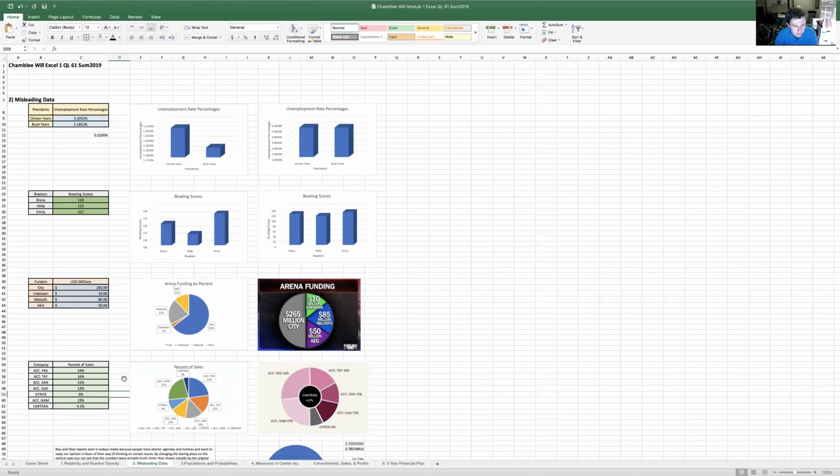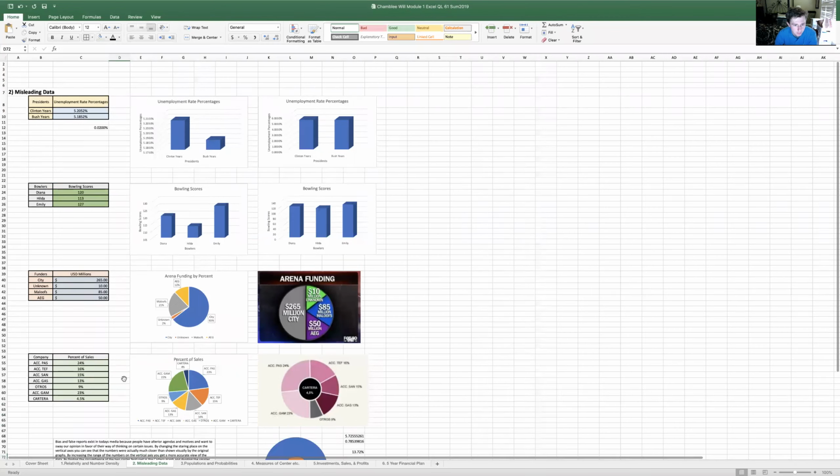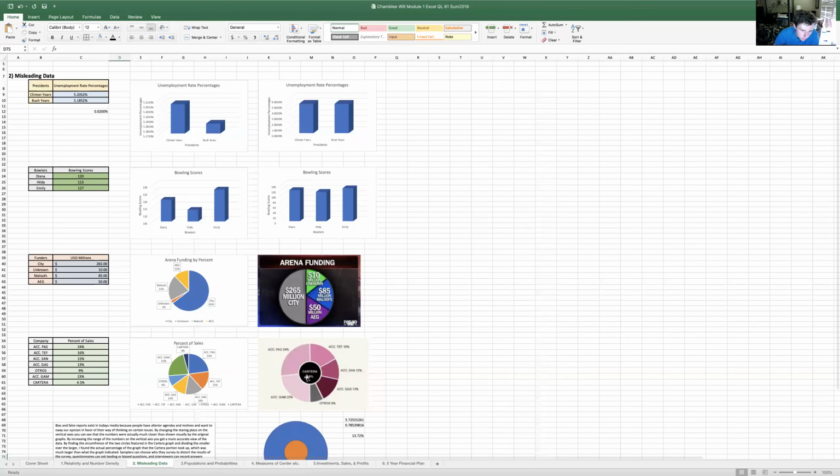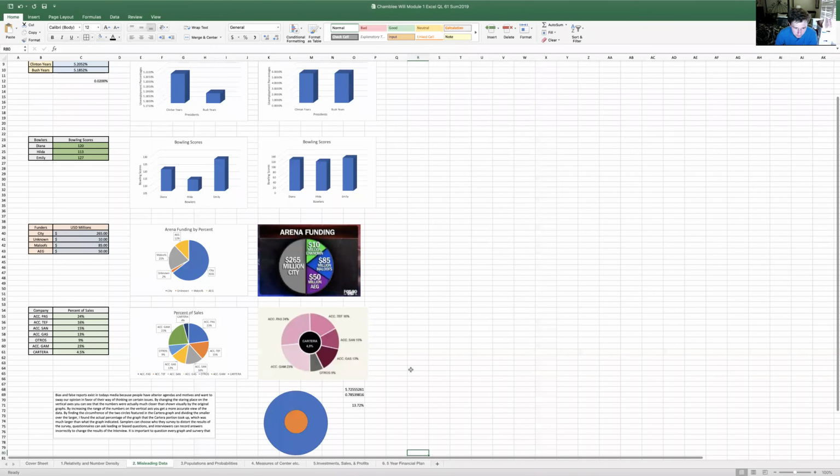And then you look at percent of sales here down with the CARTIA graph on the right. While it says 4.5, that looks a lot bigger than 4.5, and this pie chart on the left confirms that. CARTIA 4%, that's just a sliver right there, but it's a whole big space in the middle. We looked at these numbers right here. That actually that circle is about 13.72%. We did the math.